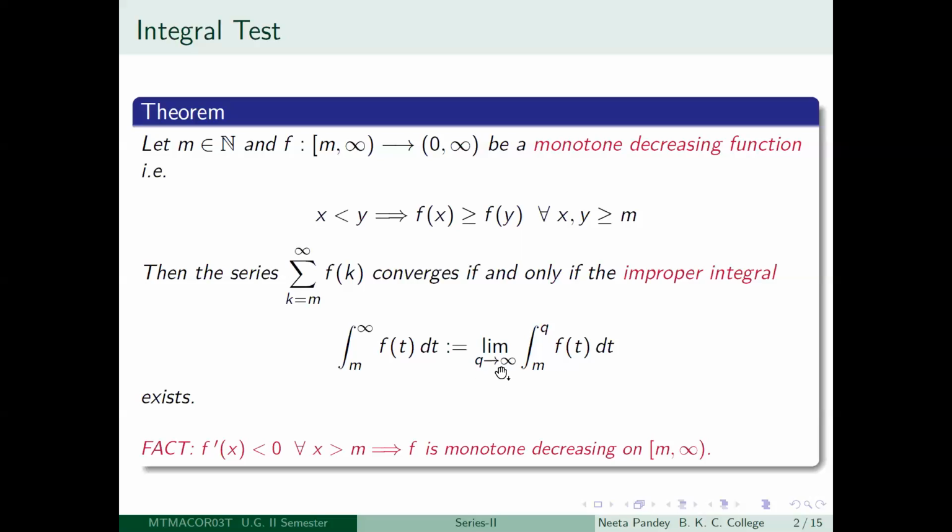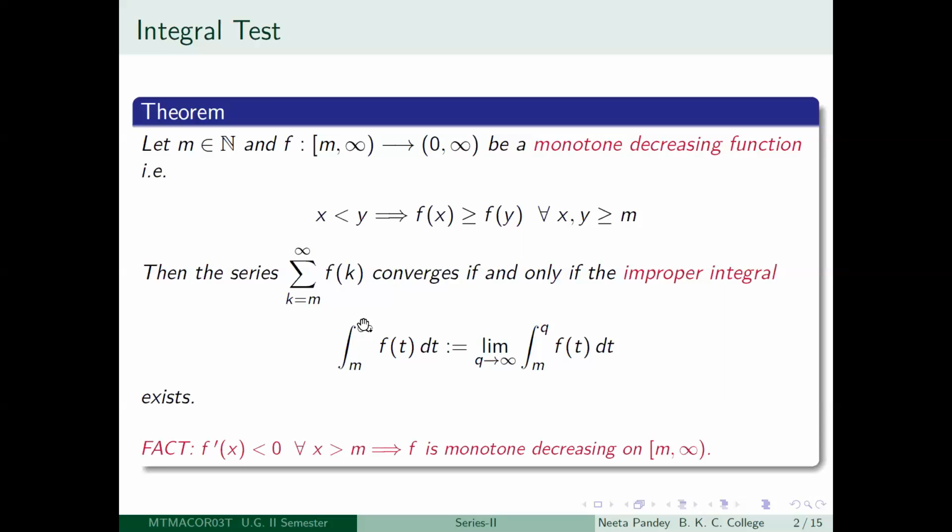So when you write down limit q tending to infinity integral m to q f(t) dt, two possibilities are there. Either this will be a finite real number, in which case we will say that this improper integral... So I have put a colon here, meaning that the definition of this is precisely this. We will change it a little bit when we do improper integrals later on, but that change is very superficial. It will not matter at all. So right now, we can as well take this, and there is nothing wrong with this, and we take this as the definition of integral m to infinity f(t) dt.